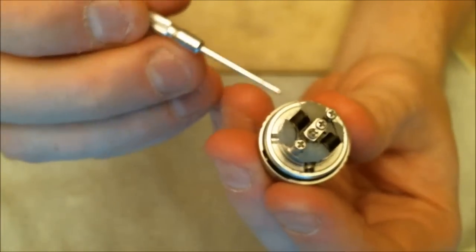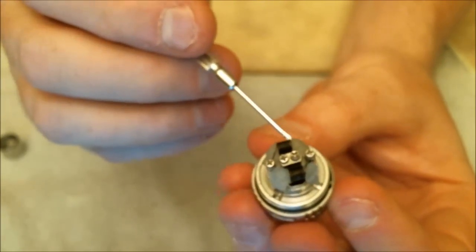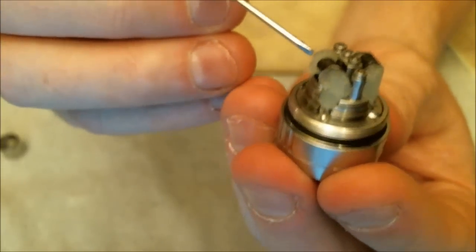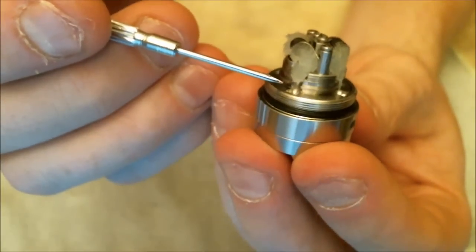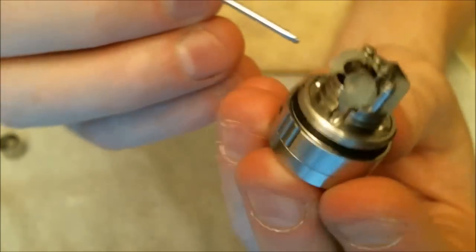As you can see, 4 slots. I've had no wicking issues with this, no dry hits. I've had no leaks. The only time you'll get a leak is if you haven't put enough cotton in here and you've sparsed a little bit and it's not sitting on the ledges properly. So just sit them on the ledges and try to keep